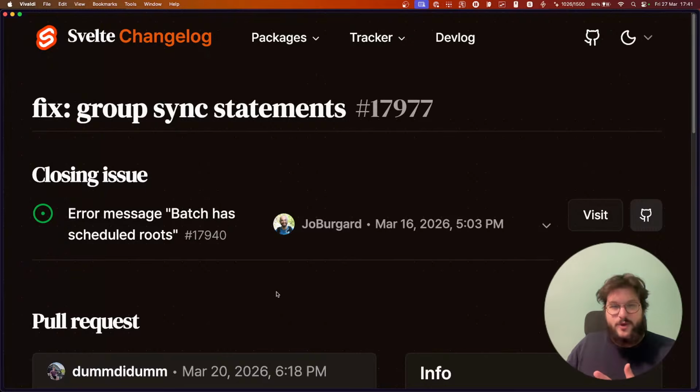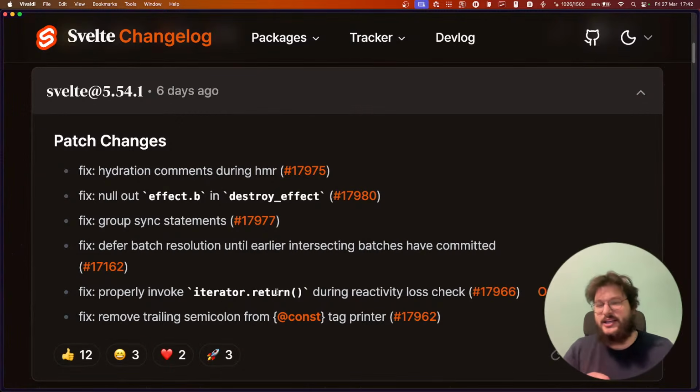Obviously we are not breaking people's applications in production, but at least during dev you can get this error, you can report it, and we can know for sure where that error originated, and then we can focus our research there.